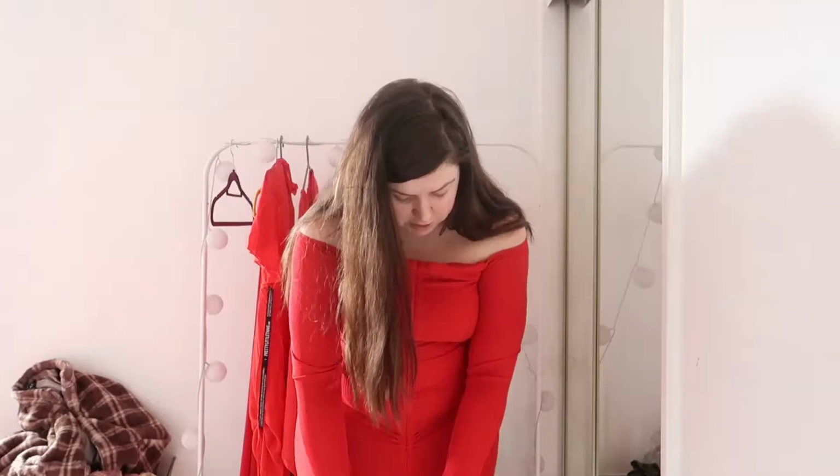Okay, so here's the size 16, just the standard size 16, and I guess this one is the closest one to the shape Bardot one, but the only similarity, again, is that they're both Bardot ones. This one is a lot tighter, and it's a lot tighter in the arms. It is a lot shorter, which seems to be a thing for the standard size 16s. They seem to be a lot shorter than the plus and the curve, plus and the shape. This one actually curves upwards because of the bone detailing down the middle, because there's a weird, I don't know how I feel about this, tie down the bottom, which means you can have it ruched or unruched basically,